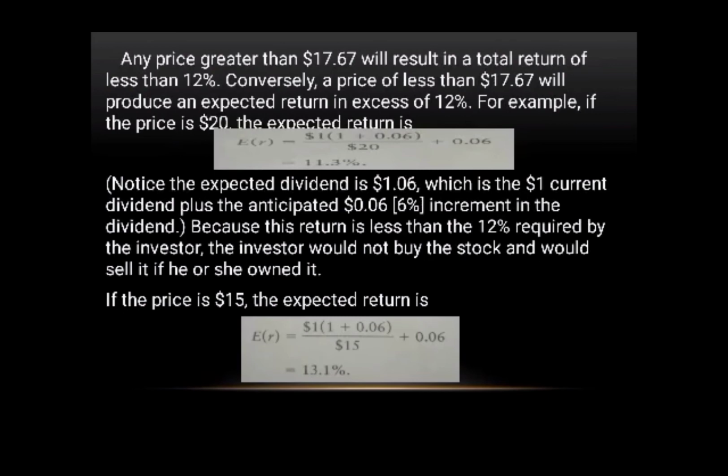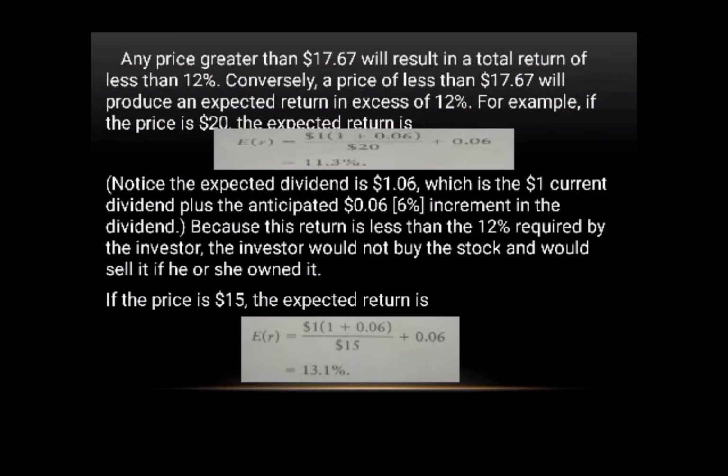So, in continuation, any price greater than $17.67 will result in a total return of less than 12%. Conversely, a price of less than $17.67 will produce an expected return in excess of 12%. For example, if the price is $20, the expected return equals $1 multiplied by 1 plus 0.06, divided by